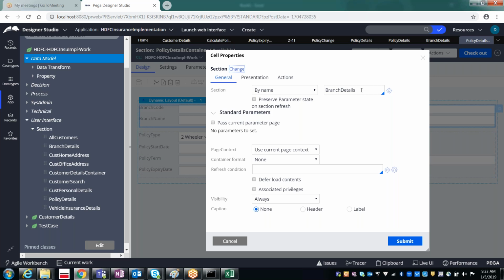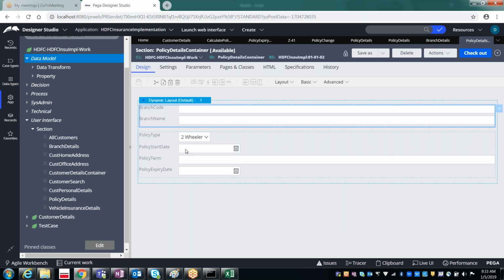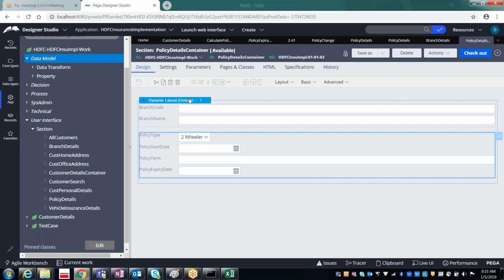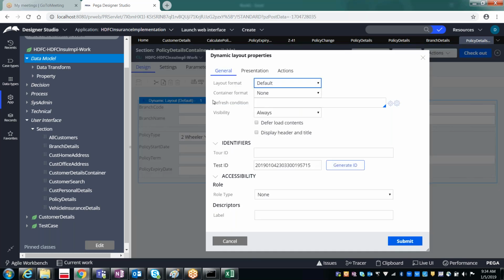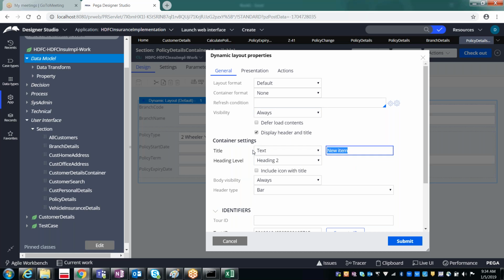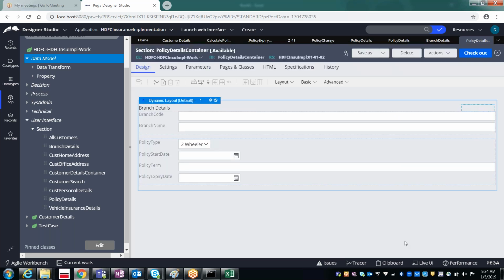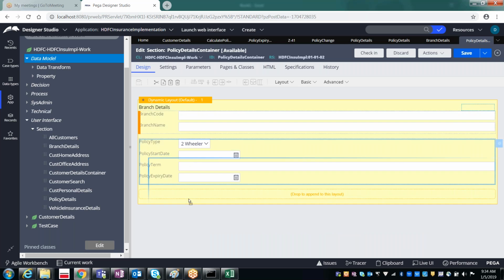Let's give the label for the container. Display header and title. It has new items, so give branch details, submit. Now you have branch details as a label. For the policy details, I would like to have a separate layout.